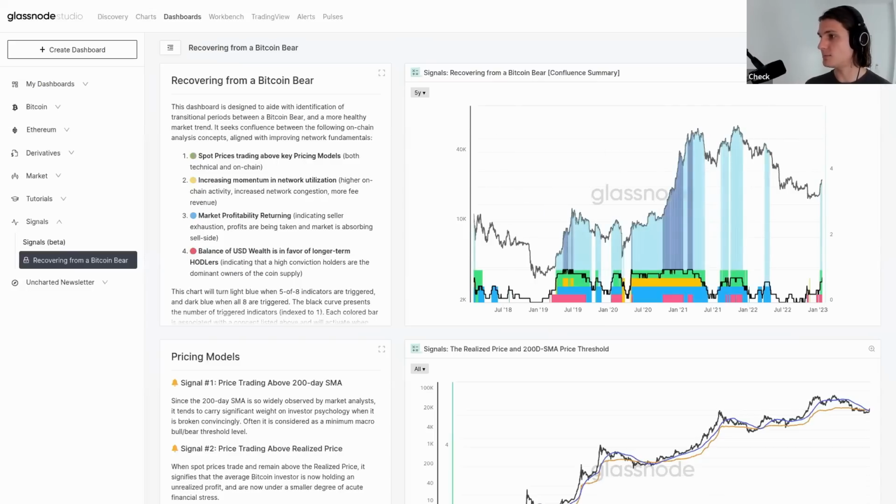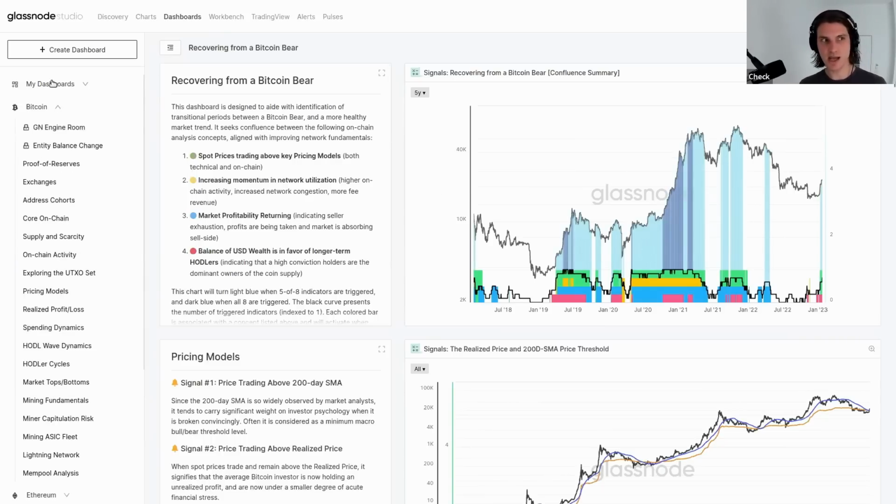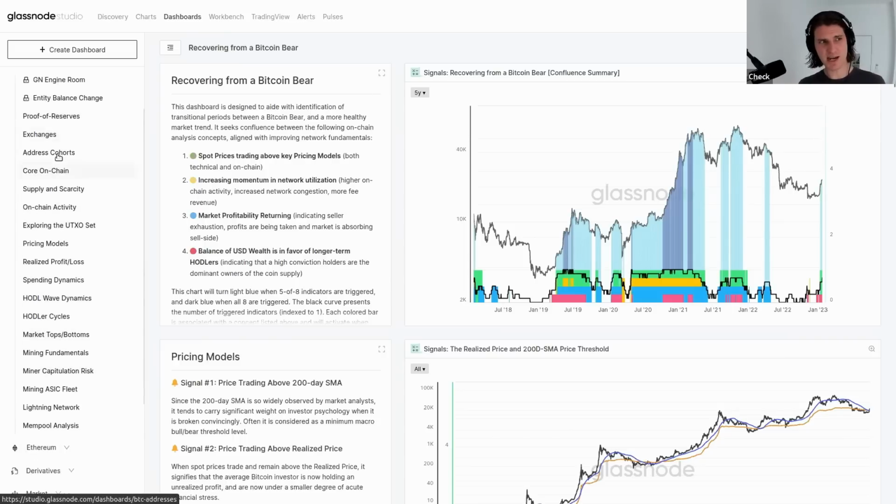So there's also a question here. Can you get the formulas for the metrics shown? Absolutely. So for anybody who's looking for all these tools, I strongly recommend that you spend some time in our dashboard suite. You can see here that this is actually getting pretty extensive. What we have here is stacks and stacks of metrics, concepts, and ideas with text boxes to help you understand the topics. You can see we've got one here for on-chain activity. You can see we've got one here for pricing models. We've got one for realized profit and loss, and we've got one for unrealized profit and loss in the oven. We've got one for hodl wave dynamics, looking at that flow of funds between old and young.